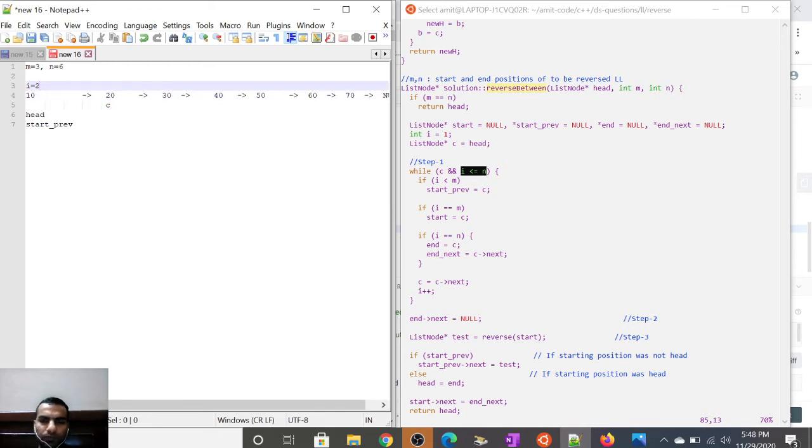2. Okay, now again it will come. C is not null, and I, that is I is 2, is still smaller than 6. Now it says that if I is smaller than m, yes, 2 is smaller than 3. Start previous is equal to c, so start previous will come here. This condition fails, this condition fails, c becomes, c points to next, so it goes here, and I